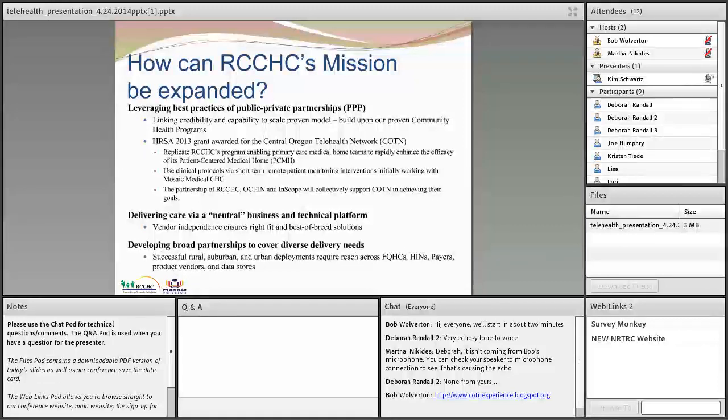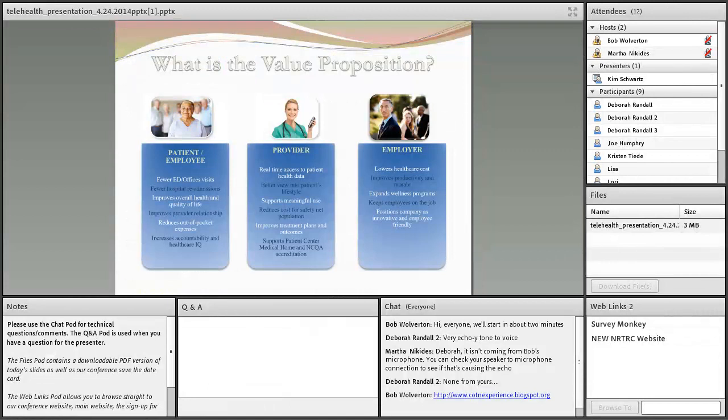And then it's so important to develop partnerships. The value proposition is right here for the patient or employee. We do self-insured market, so that's where this slide comes from. And I've already kind of explained that patient component. It's so critical. And then the provider.